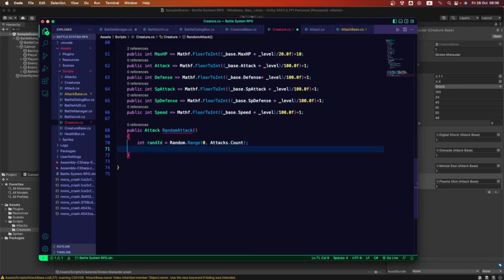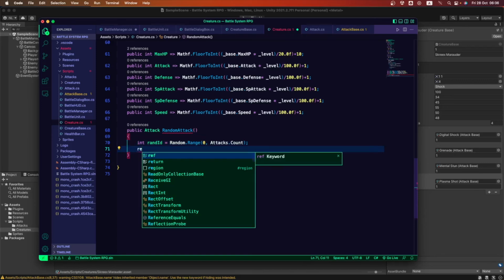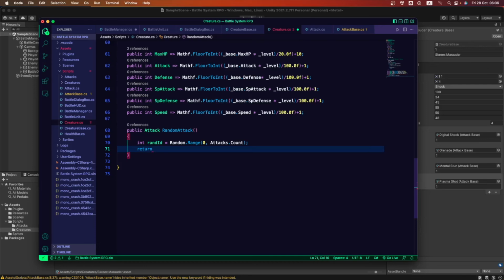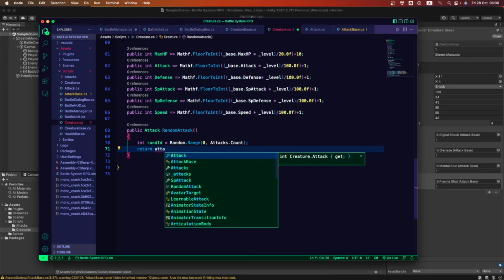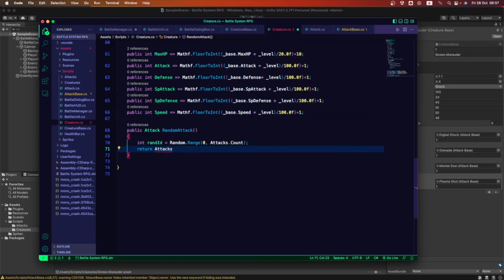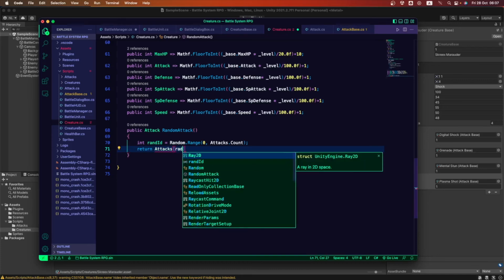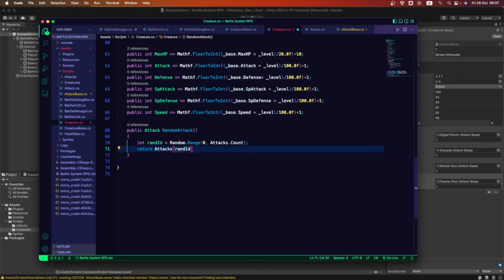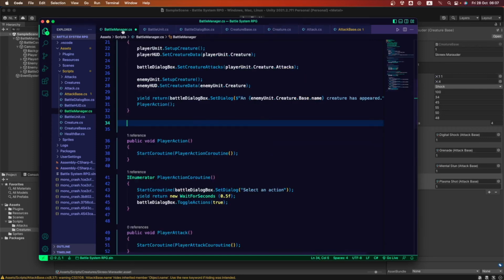So let's return attacks, and we want to return the random ID. Whichever of the attacks this throwing of a dice gives me, that is the one that my enemy is gonna perform.